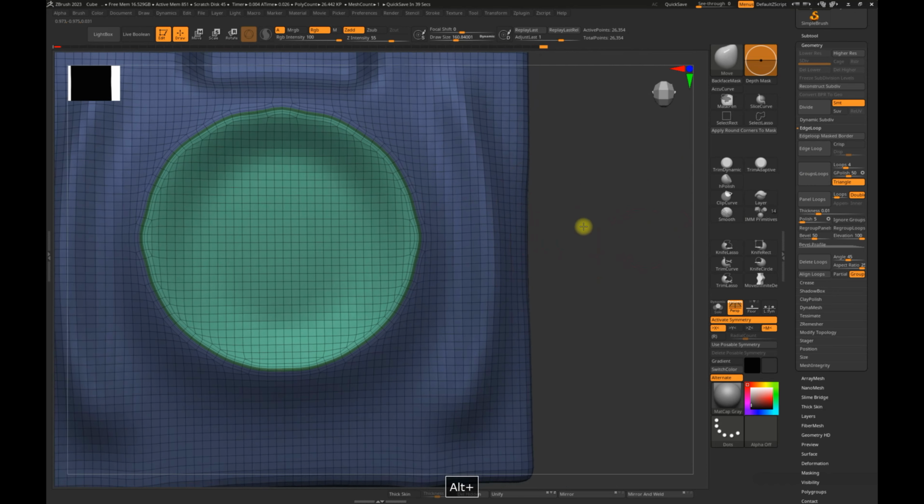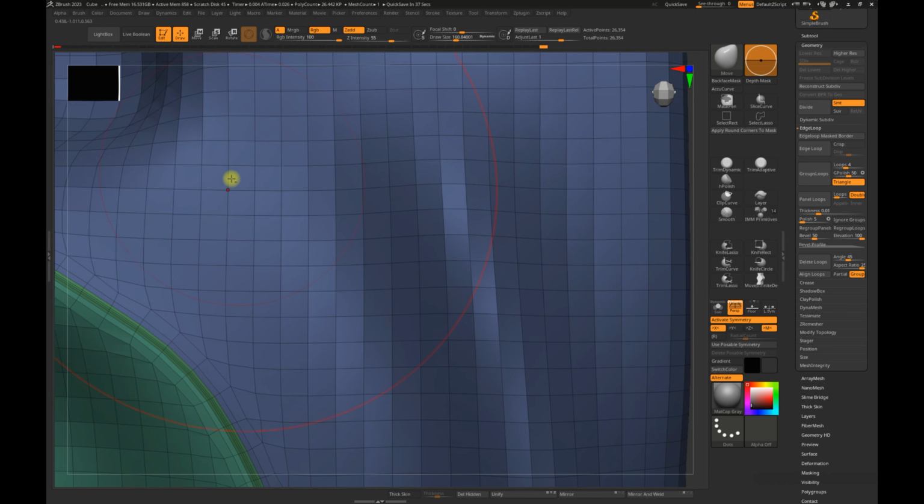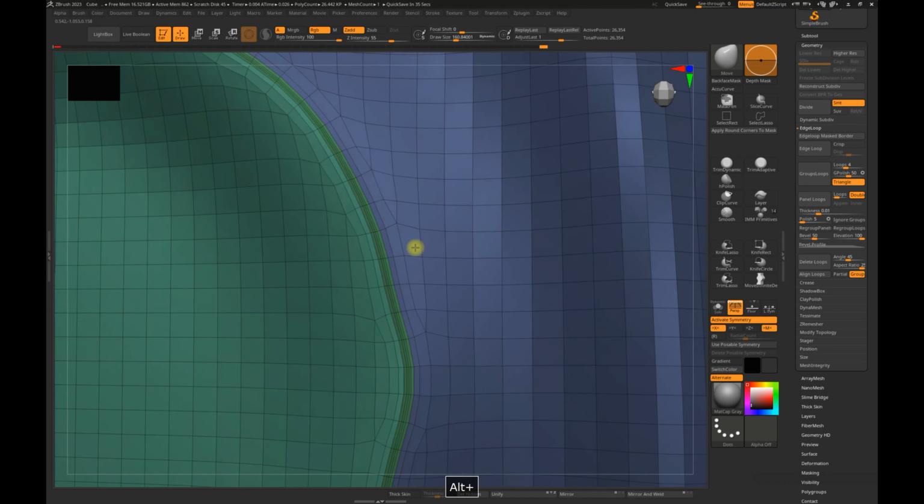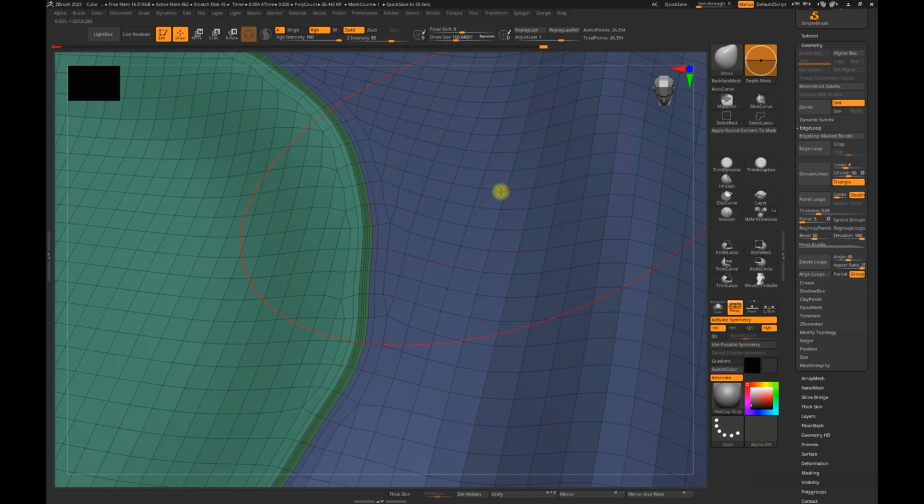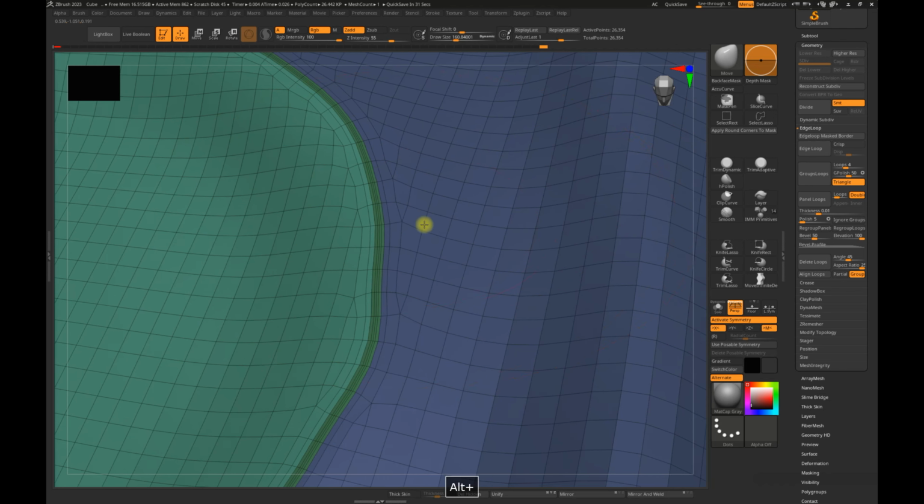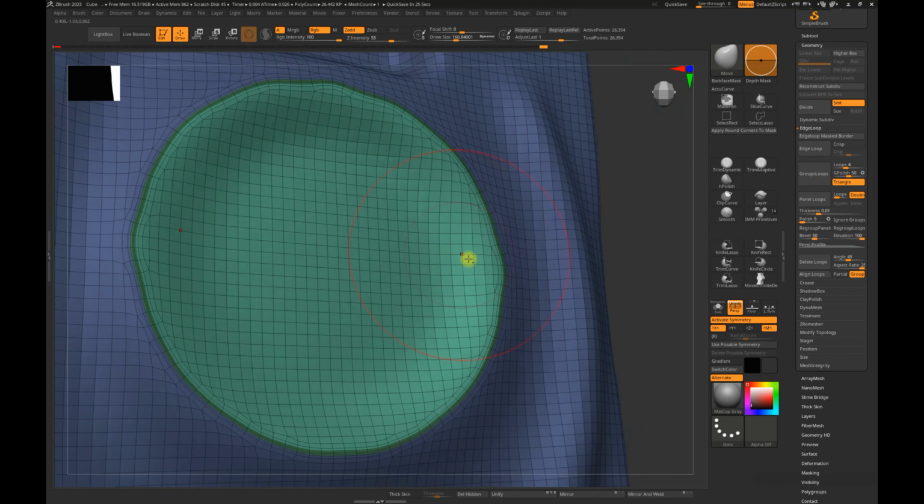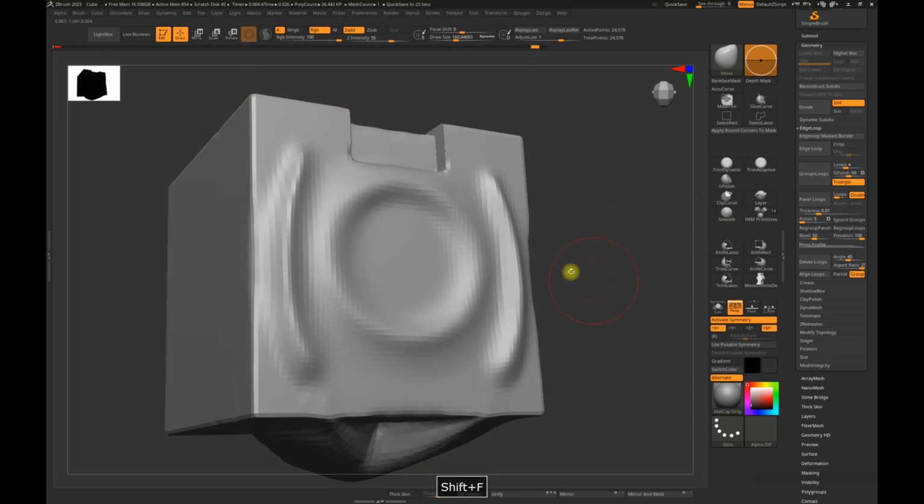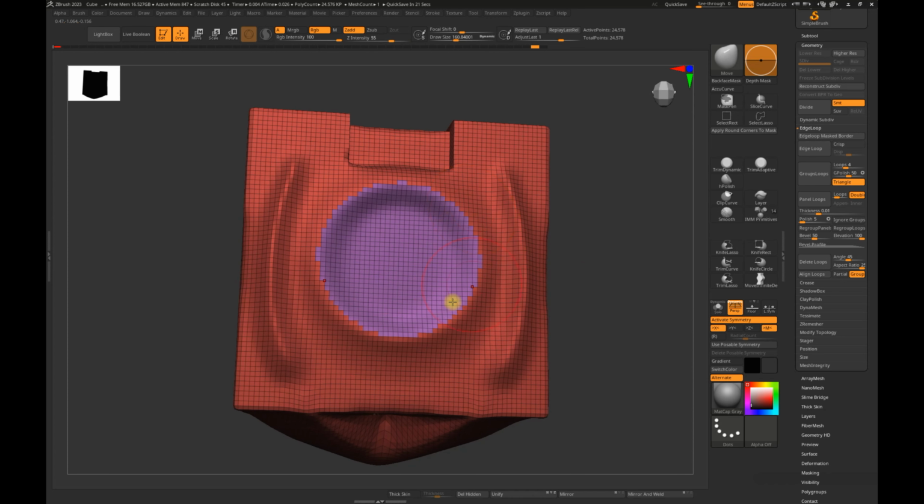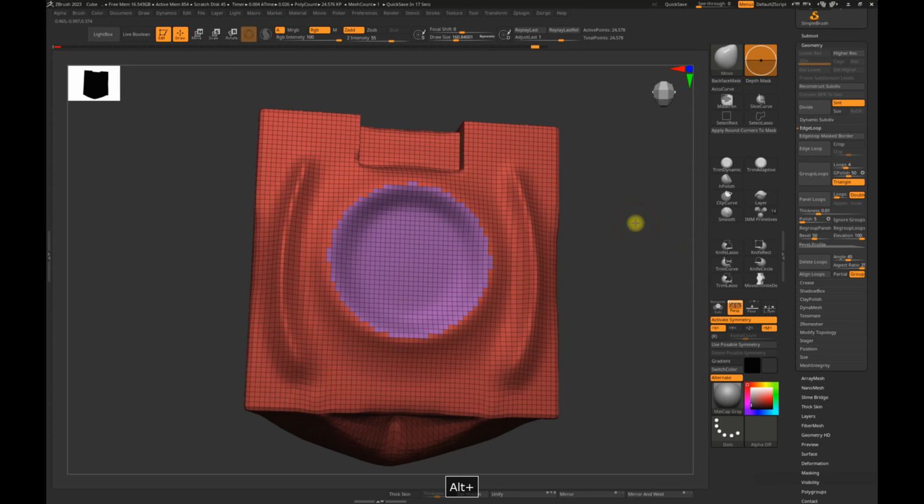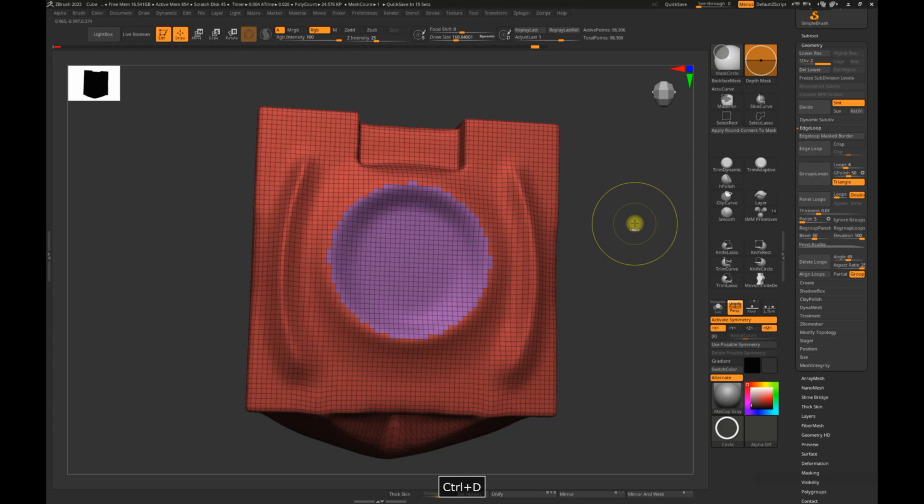And you can see it's created these extra lines on my model. Now this is a pretty messy model, so it's not going to give me the best results, but you can see that we have these lines here, which is great because we can use that to help us define hard surface corners and things like that. What I can do is just subdivide this a couple more